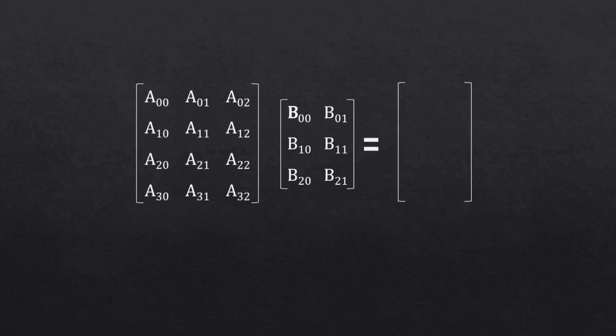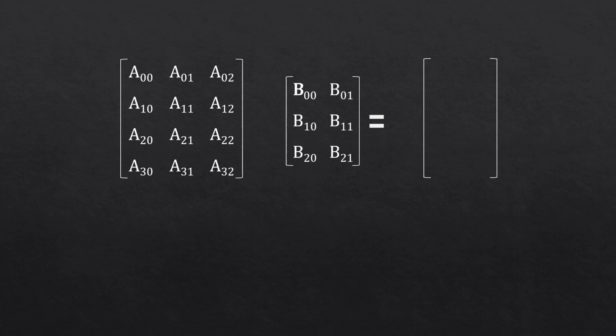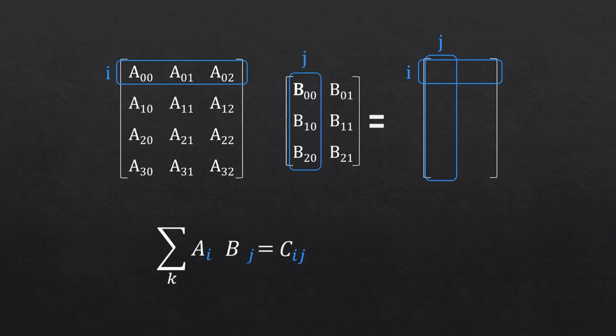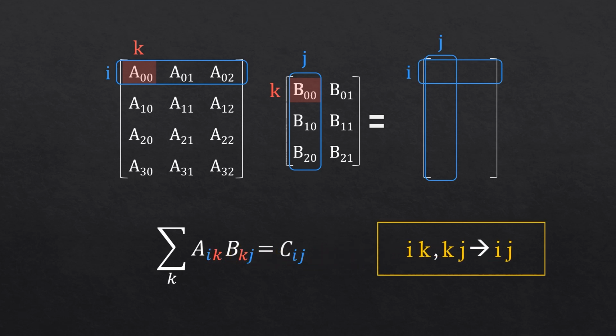The mathematically inclined will probably know that the way to write an expression in summation notation is to write an equation that defines the ijth element of your output matrix C. This implicitly tells us that we'll have to loop through all indices i and j in order to get the full C matrix. From there, we know that the ijth element of C will require that you get the ith row of A and the jth column of B. And then our index k is the shared index that's going to do the elementwise multiplication and sum. So now, once you have that, you just take the indices and voila, there you go, you have your Einsum